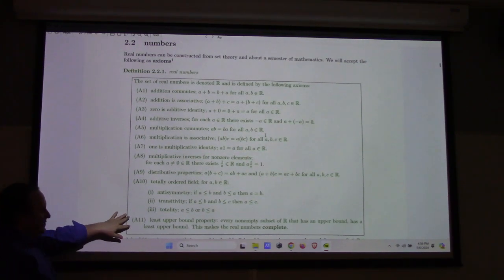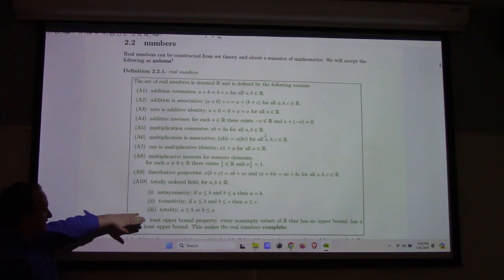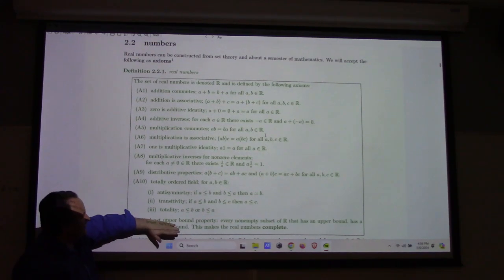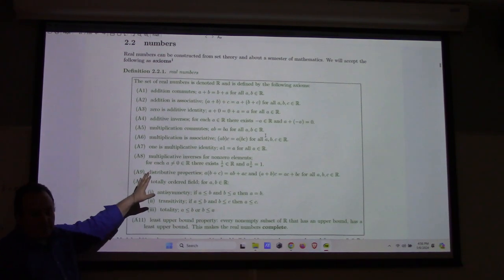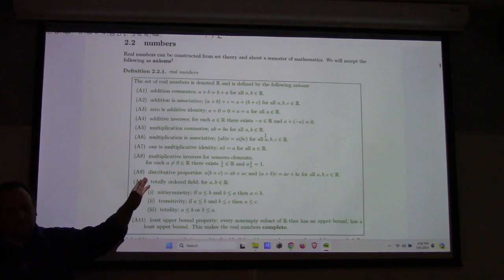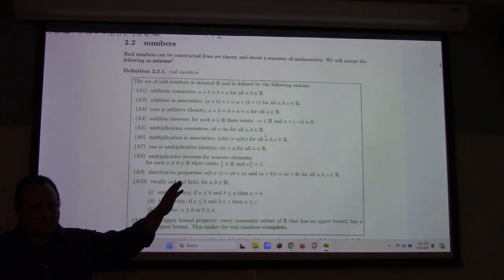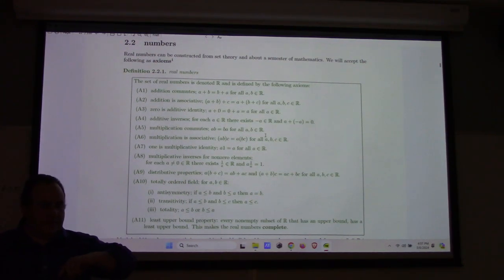Now here is what makes the real numbers real. Up till now, everything up to this point is also true for just the rational numbers taken as their own set. What's the multiplicative inverse of p over q? Q over p, that's right. And that works for any non-zero rational number. Every non-zero rational number has a